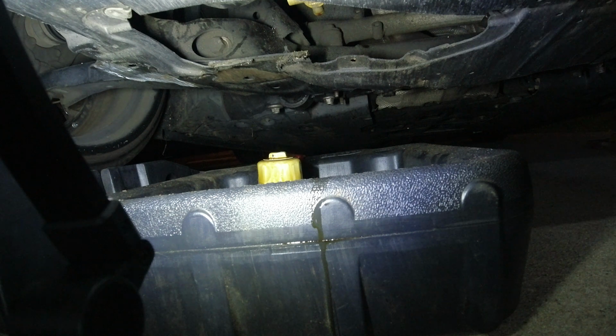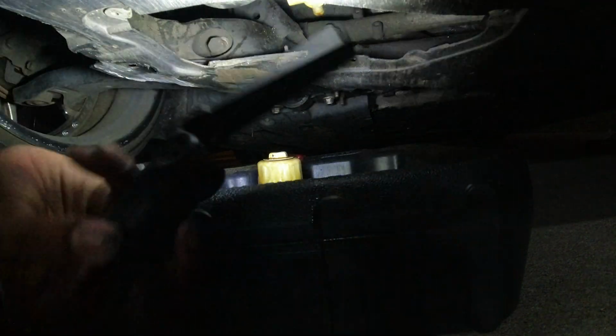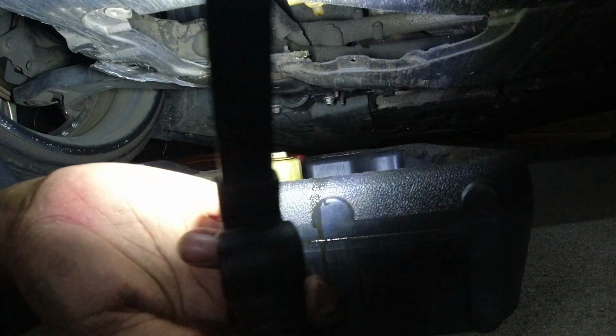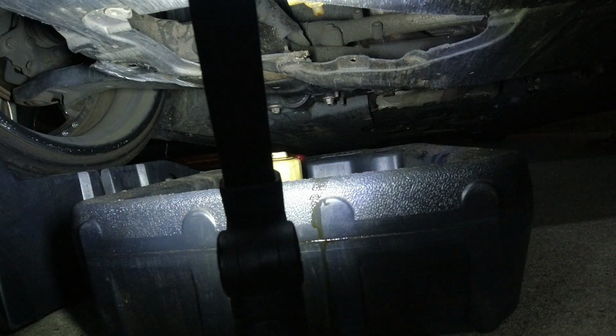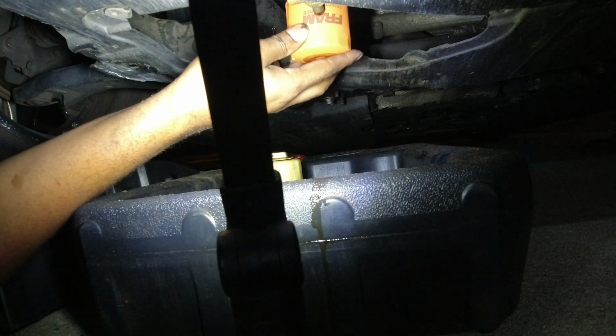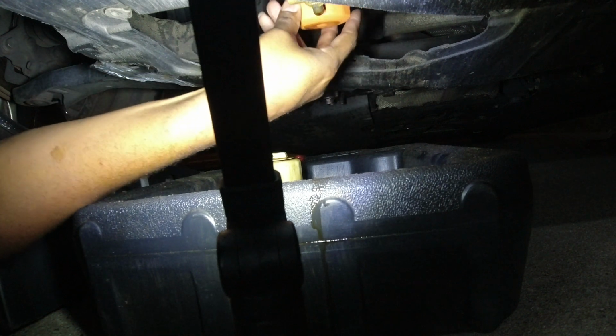So next, you want to check the surface of where the oil filter came off and make sure that there's no gasket left, because sometimes the gasket will stick to the oil pan, and you don't want that, because if you have a double gasket, then you have twice as much of a chance for the oil to leak. Oh, I pulled oil over my arm, son of a...